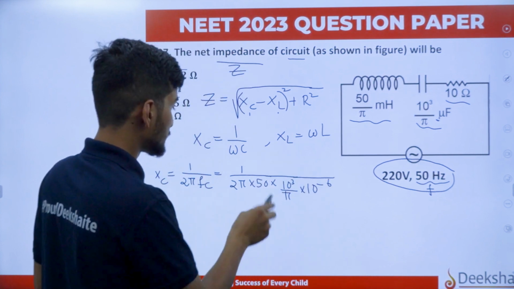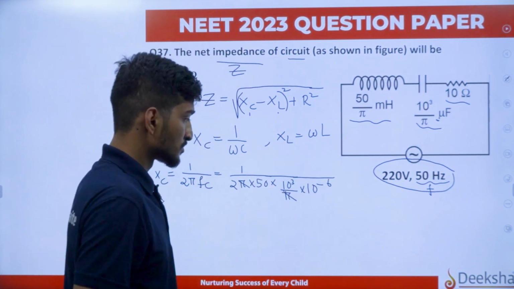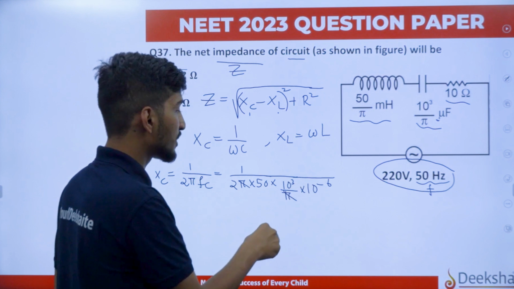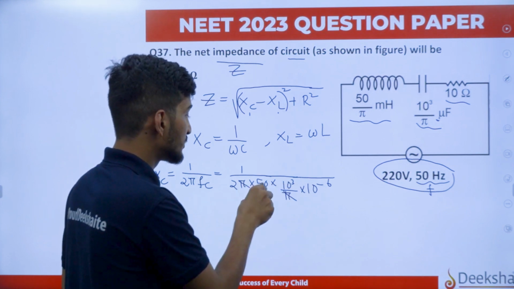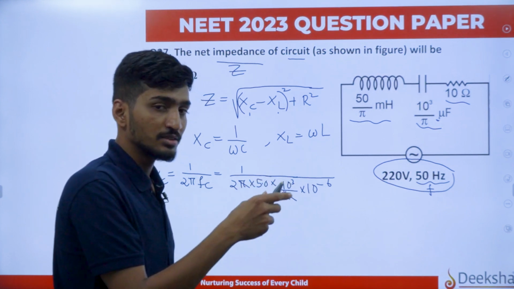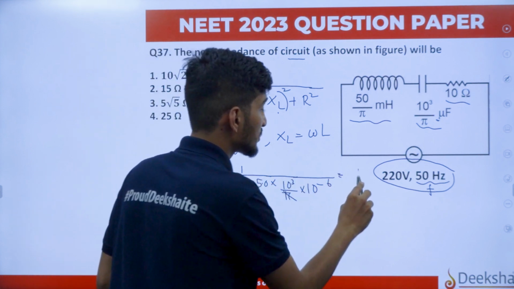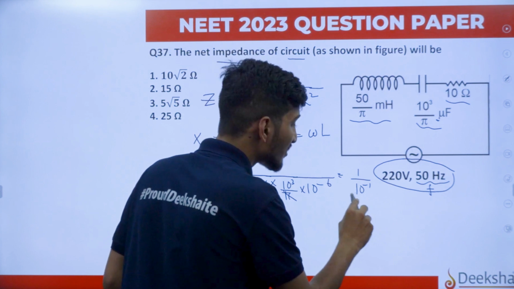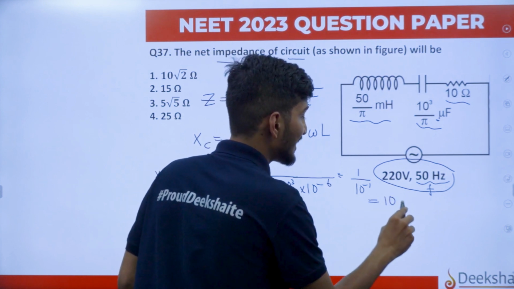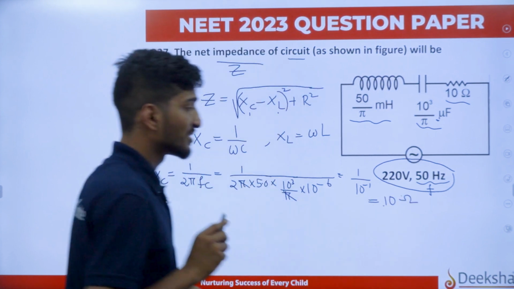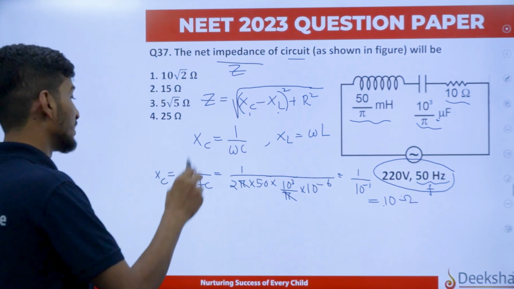And let's do this calculation. Pi cancels out, and we are left with 100 into 10 to the power minus 6. 100 into 10 to the power 3, which is 10 to the power 5, into 10 to the power minus 6. So that's 10 to the power minus 1, or that's just 10 ohms. Okay, so that's that, 10 ohms. Moving on,